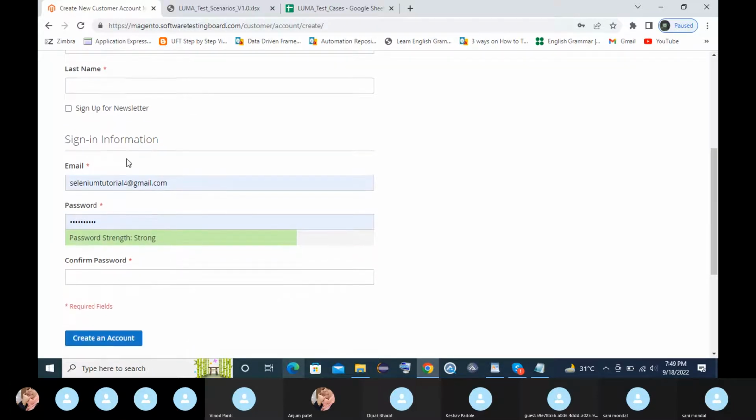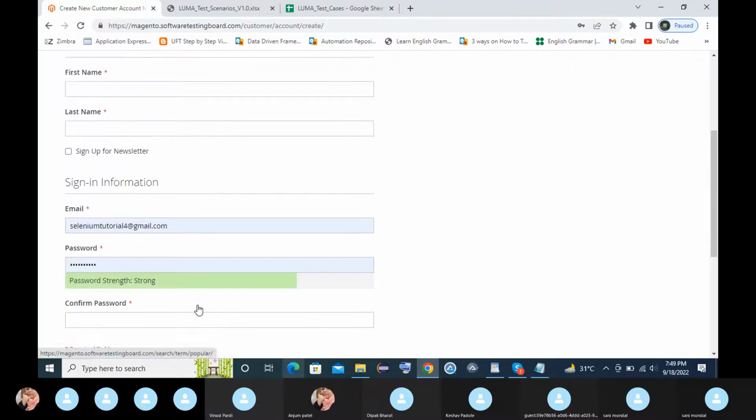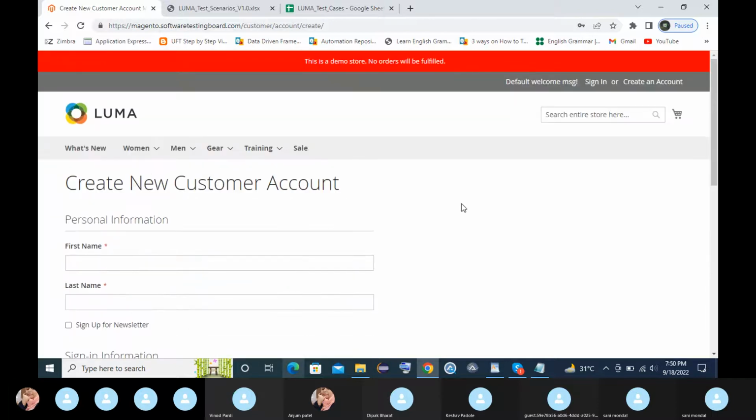Then this is another section. Under these, this many fields are there. Now there is a create an account button. So we will write a test case for the different fields, the different headers and different sections. This is a very general test case we create for each and every module. So the first test case will be validate